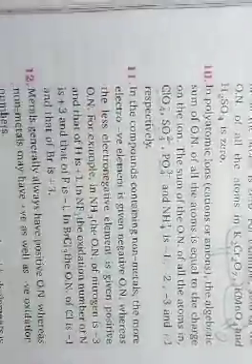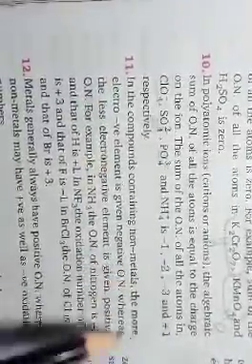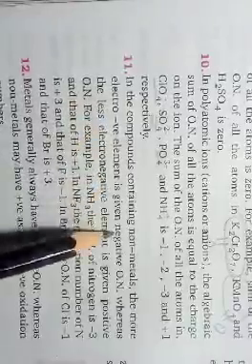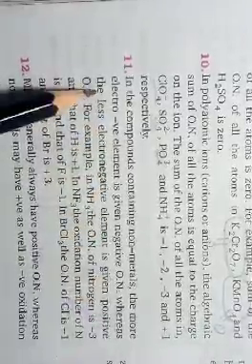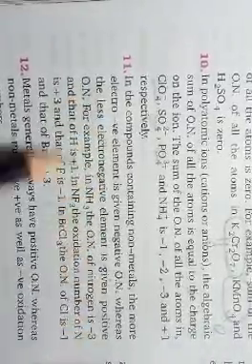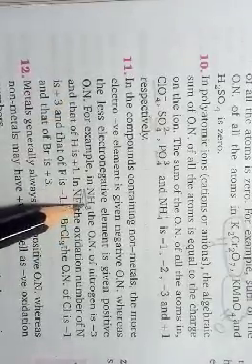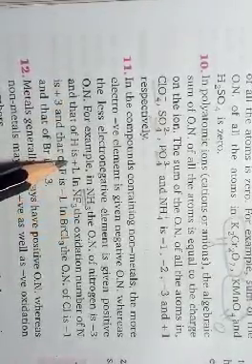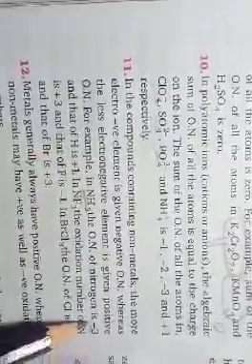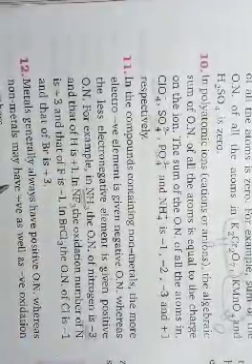Okay students, 11th point. In compounds containing non-metals, the more electronegative element is given a negative oxidation number, whereas the less electronegative element is given a positive oxidation number. For example, in NH3, hydrogen is +1 and nitrogen is -3. Okay students,